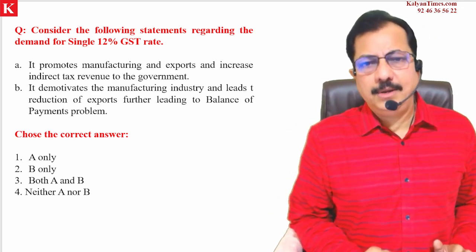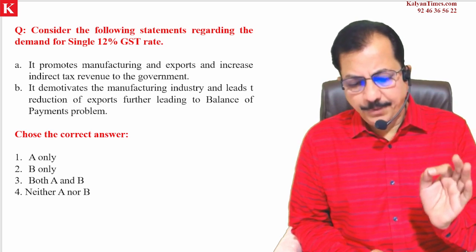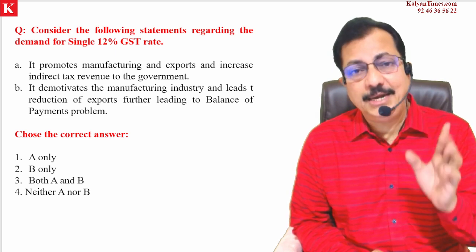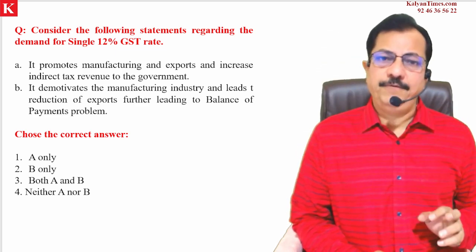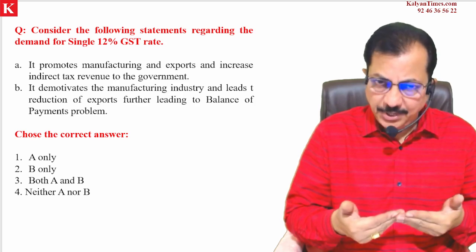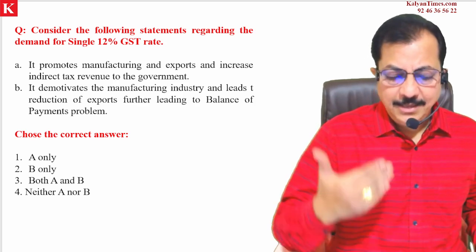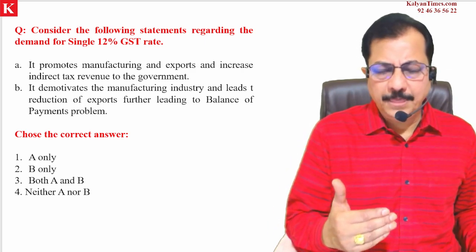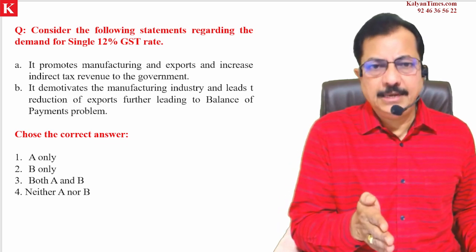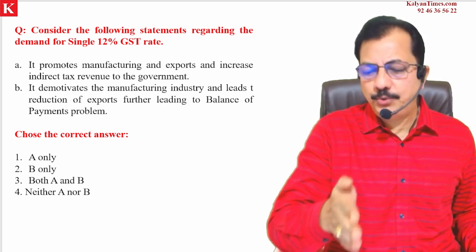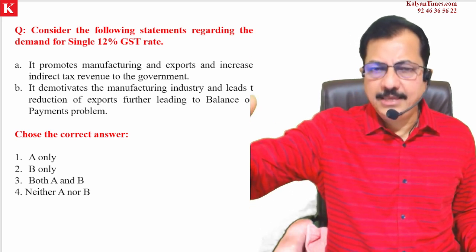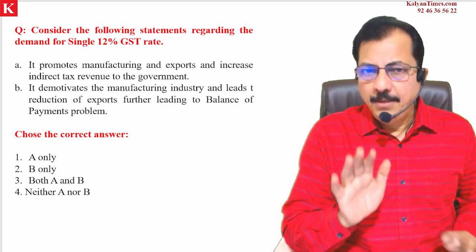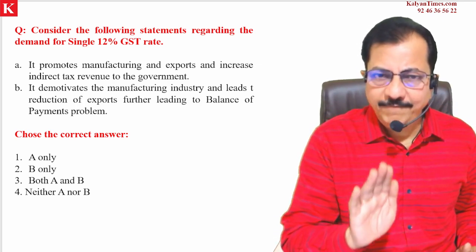But how can I substantiate this? It promotes manufacturing. It means what? Introduction of a single GST rate of 12% will promote manufacturing and exports, and it will increase indirect tax revenue to the government. So how is it going to increase manufacturing? Basically, as you have 5%, 12, 18 and 28, remove the higher slabs and reduce it to 12%. Then, I told you already, most of the people will try to evade taxes because of